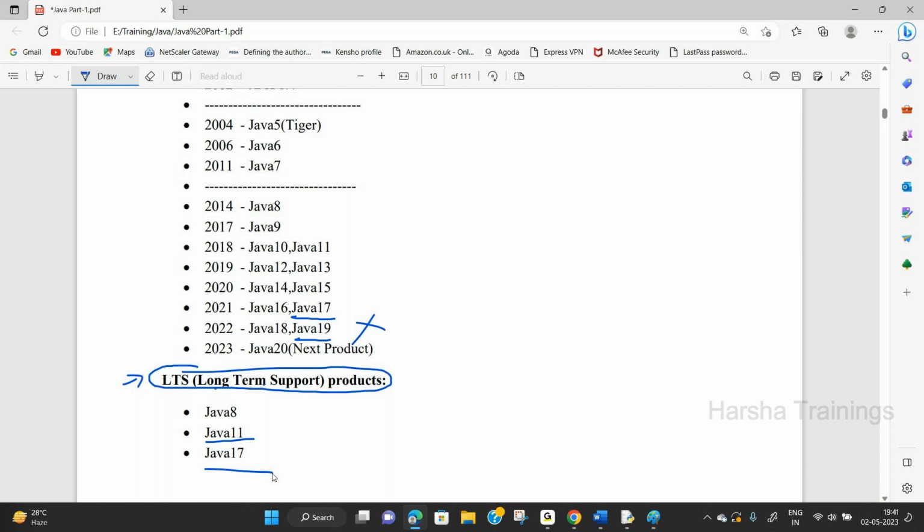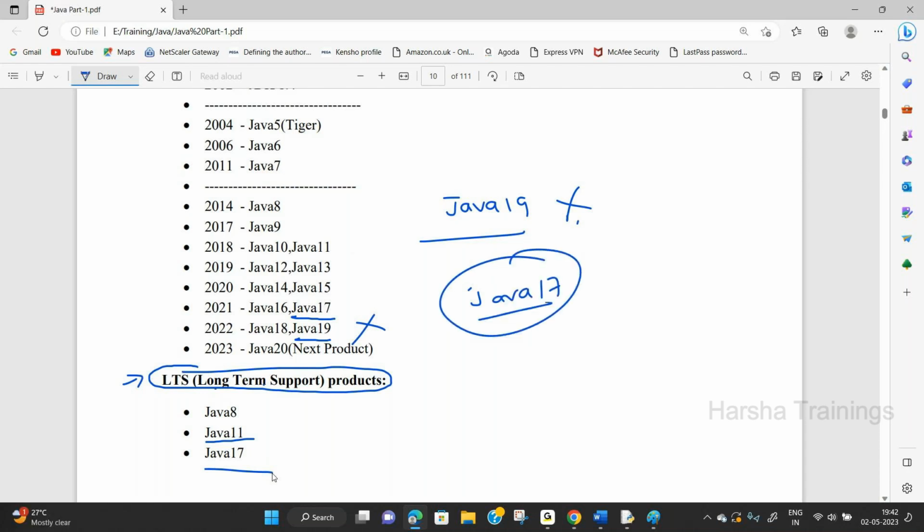Anyway, I will show you the installation in your system. Right now you are installing Java 19, execute all core Java programs successfully, there is no problem, fine. Now whenever you are moving into advanced Java, this Java 19 is not required. You need to install Java 17. By using Java 17 only, you have to execute advanced Java. Why? That is not in our hands. Oracle Corporation provides support up to 17. They may provide support for 20 or 21. We don't know that thing.